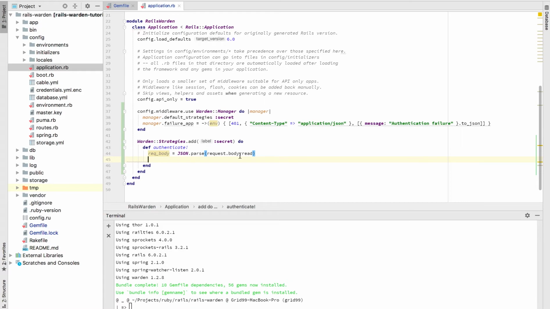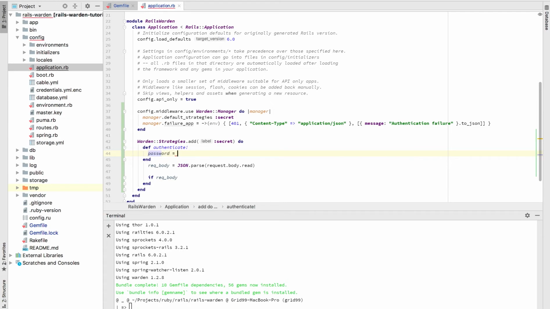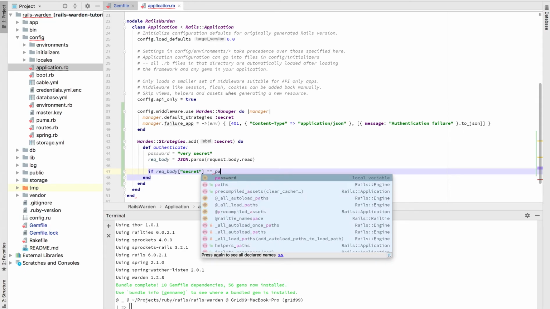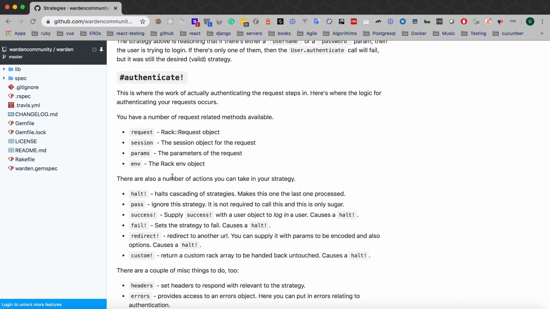So let's just say password is equal to 'very secret'. Then if request_body secret is equal to password,